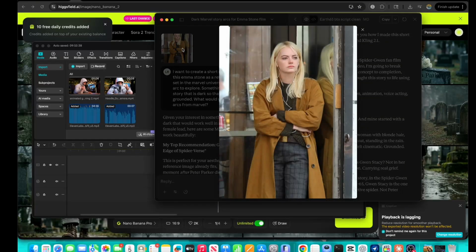I found a reference photo of a woman with blonde hair wearing a rust-brown trench coat standing in the rain. Something about that image felt cinematic, grounded, emotional, and I thought, man, what if this was Gwen Stacy? Not in her spider suit, but as a real person